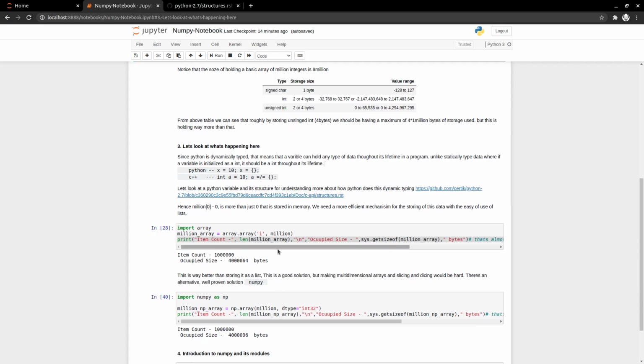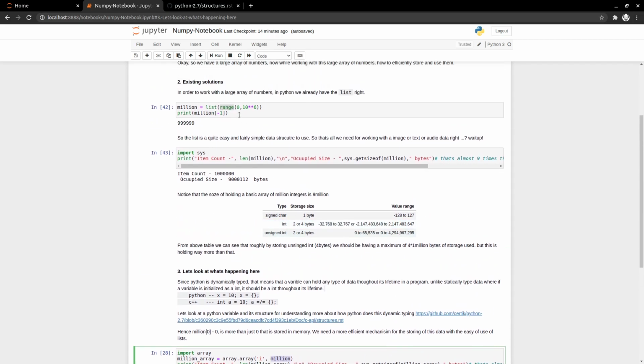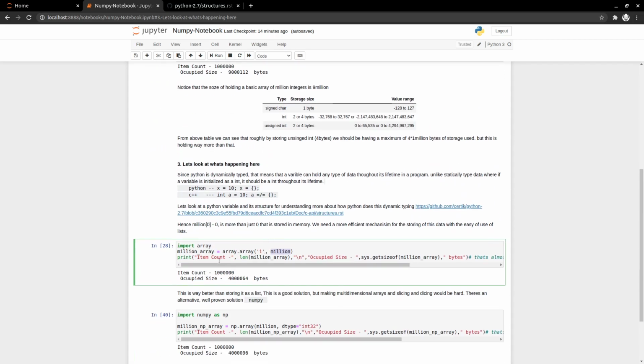For this we already have a solution in Python called the array object. If you say, okay, I'll create an array using this array module in Python, and say that hey, I'm storing integers, and you pass in that list of a million items. Then if we check its size and how many items it contains, it says yeah, I'm containing a million objects, and I'm occupying only 4,064 bytes.